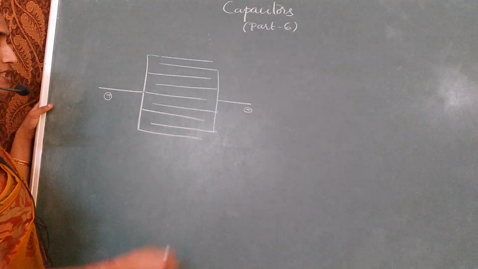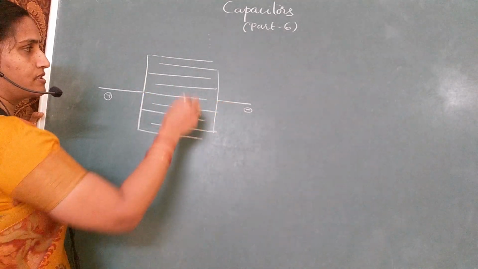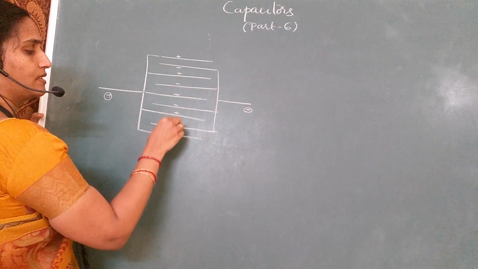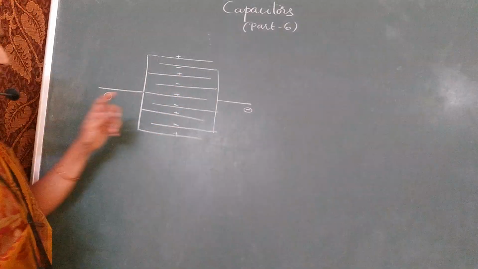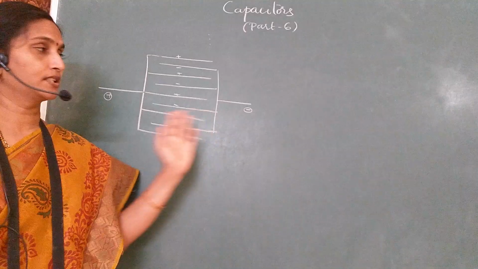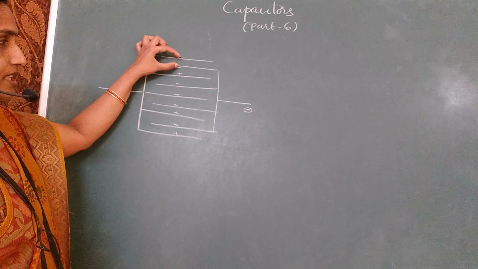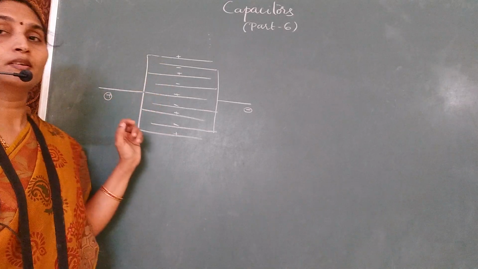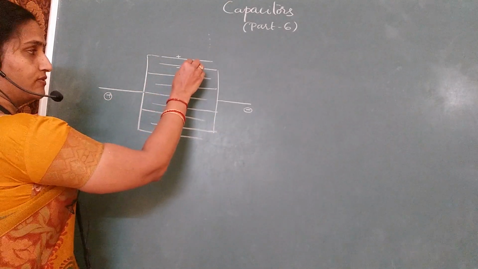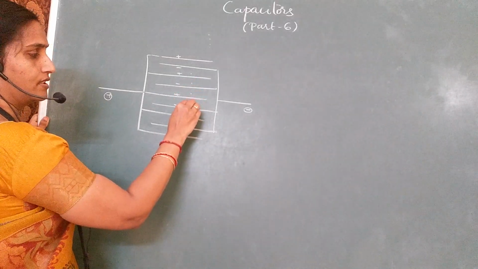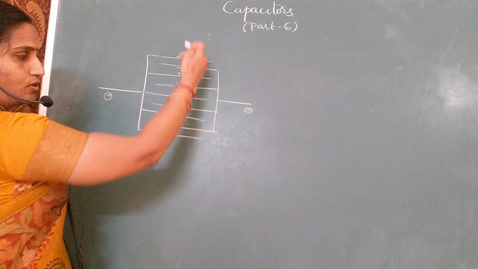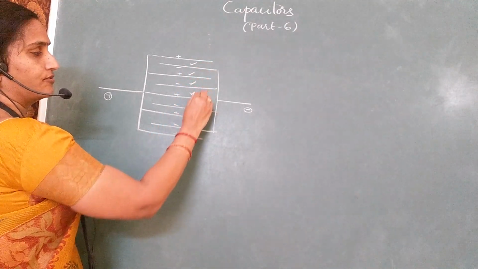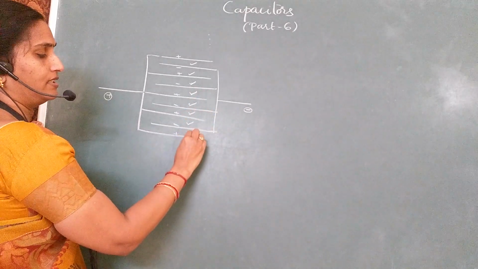For solving this type of question, first check whether alternate plates are positive and negative. Say this is plus, this is minus, plus and minus, plus and minus, plus and minus and positive. When you have alternate positive and negative plates connected to the battery, each gap will behave like a capacitor, and all these capacitors are connected in parallel combination. So count the number of gaps: 1, 2, 3, 4, 5, 6, 7 and 8. Altogether we have got 8 gaps.